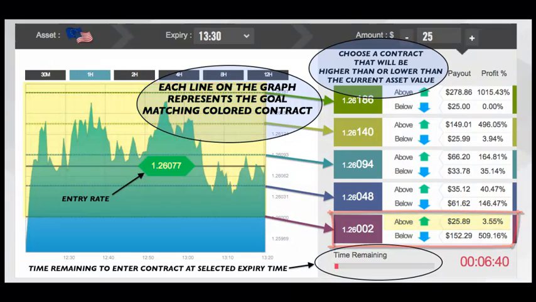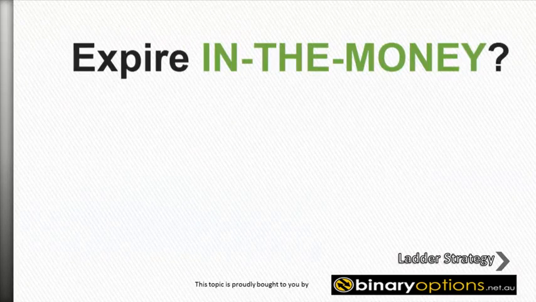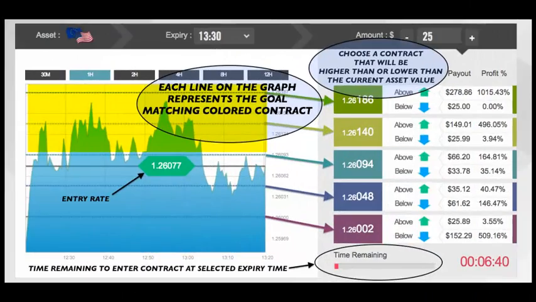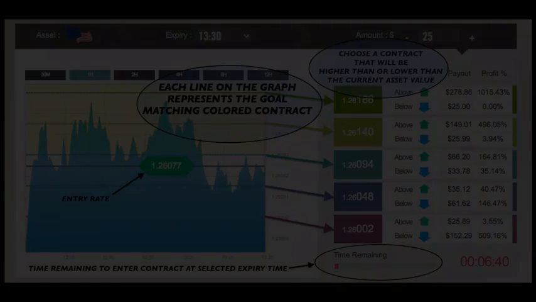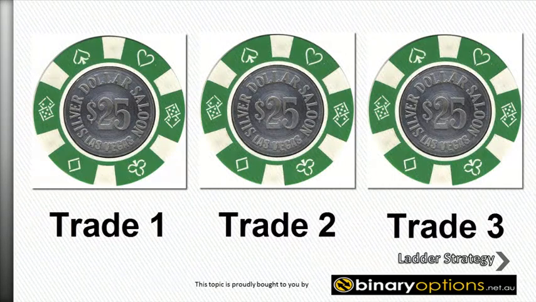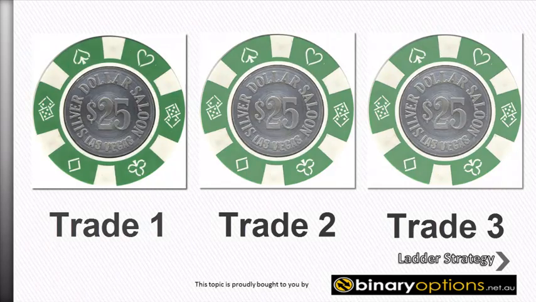$25.89. To be successful and have the ladder trade finish in the money, the Euro-US dollar has to have a value more than 1.26094 at expiry. If all three of these trades expire in the money, the potential return for this ladder trade, based on a $25 per trade price, a $75 total trade, is a huge